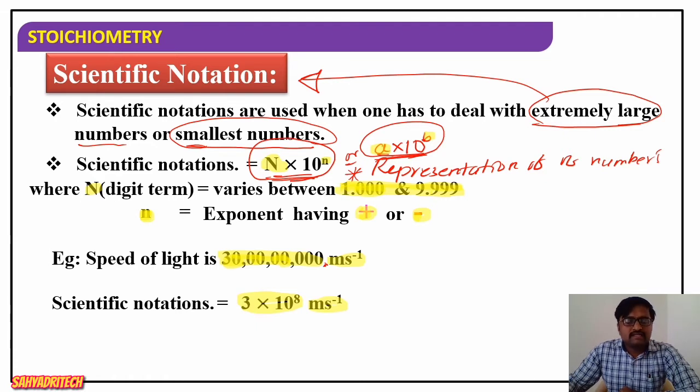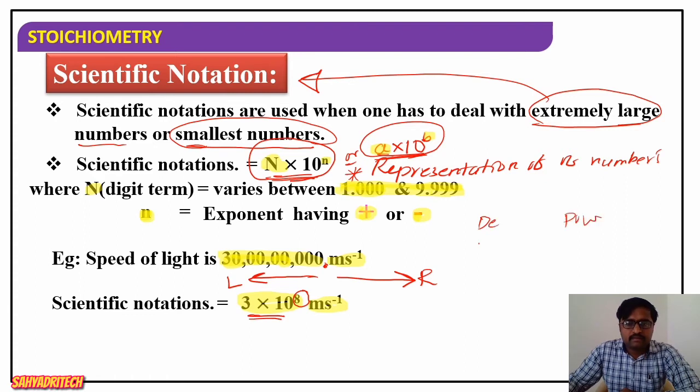Now, while writing scientific notation, the decimal point can be moved towards the left side or towards the right side, so that we end up with a scientific form. In this case, in which direction are we moving the decimal point? Towards the left side. When we move the decimal point towards the left side, what happens to the exponent? The exponent increases.